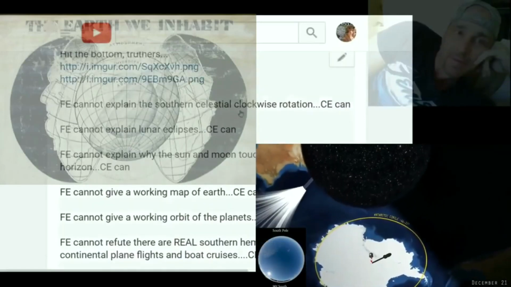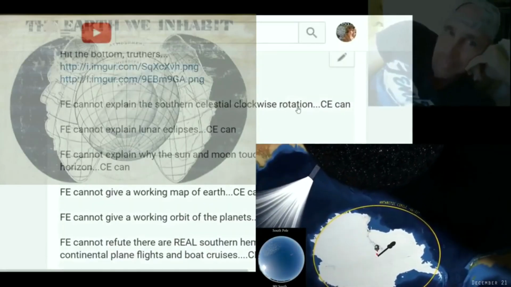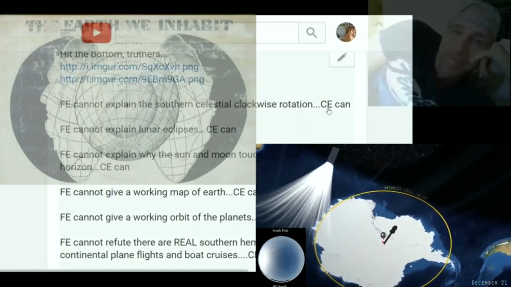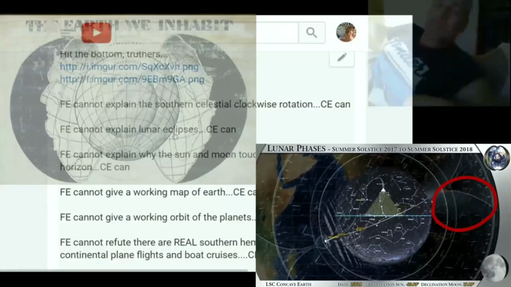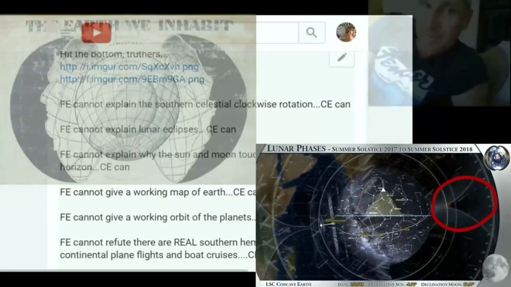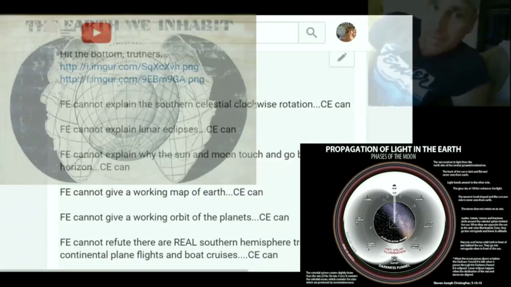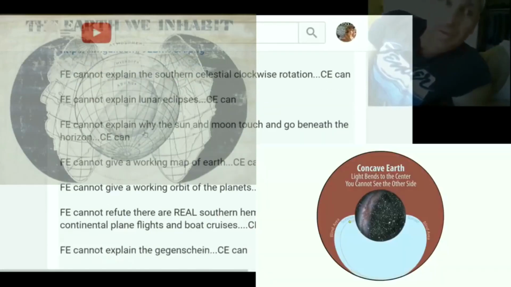Explain the southern celestial clockwise rotation of the stars. Cellular Earth can. You cannot explain lunar eclipses. Cellular Earth can. I've explained that. I've explained how the light bends around and shows a clockwise rotation of the southern celestial stars. I showed how lunar eclipses happen when the sunlight bends around and converges and creates the Gegenschein and the moon exits the illumination zone. You cannot explain why the sun and moon touch and go beneath the horizon with a